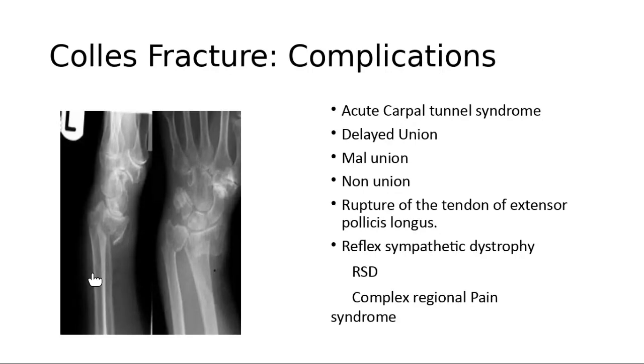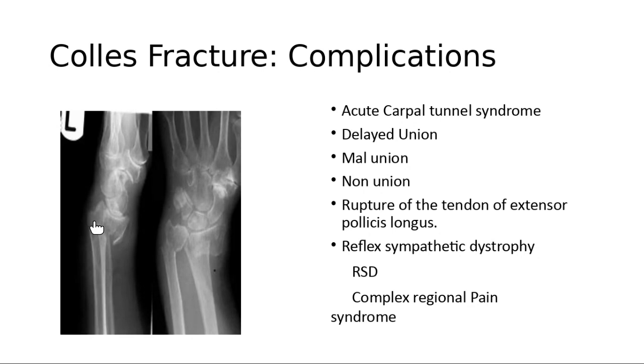So rupture of the tendon of the extensor pollicis longus, and that tends to happen later on, about 2-3 months, as a result of damage to the blood supply to the tendon in this region. It can rupture. And of course, if it does rupture, you have to go in and repair the